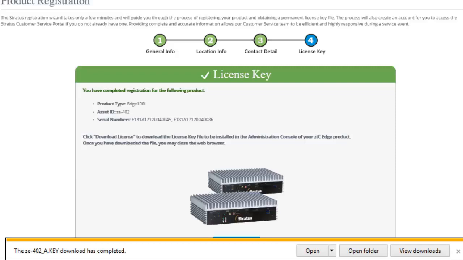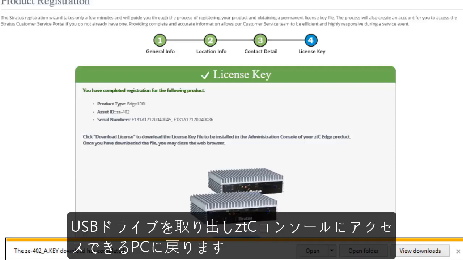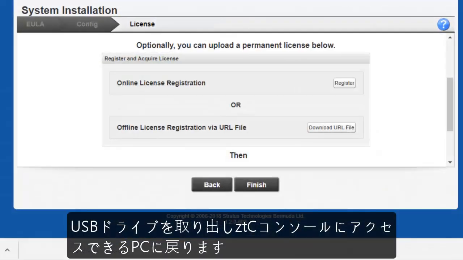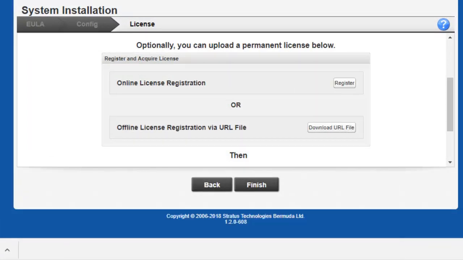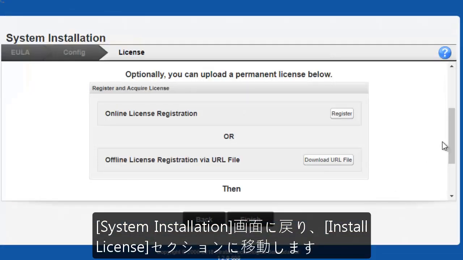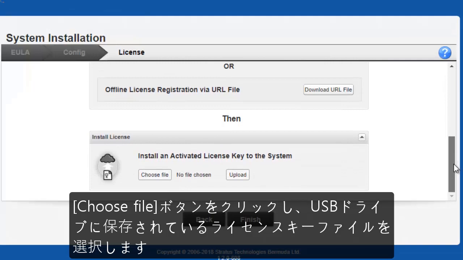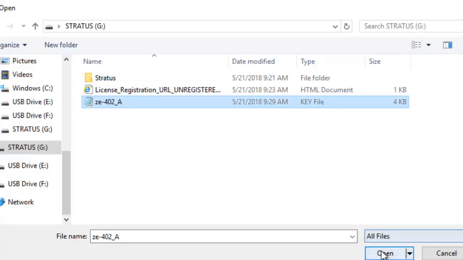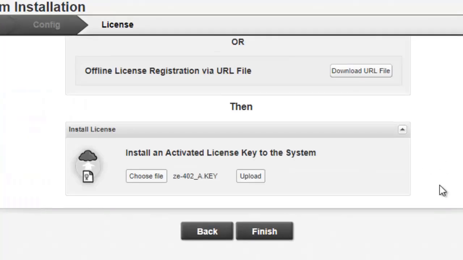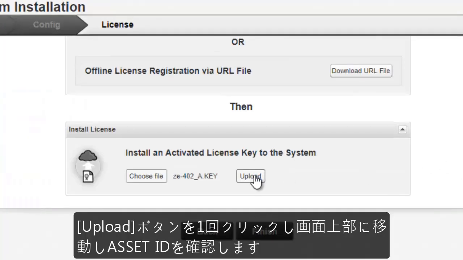Take the USB drive back to the location with access to the ztC console. On the computer with access to the ztC console, insert the USB drive into a USB port. Back on the System Installation License screen, under the Install License section, click Choose File and navigate to the license key file on the USB drive and select it. Once the file is shown on the screen, click Upload once and scroll to the top of the screen to